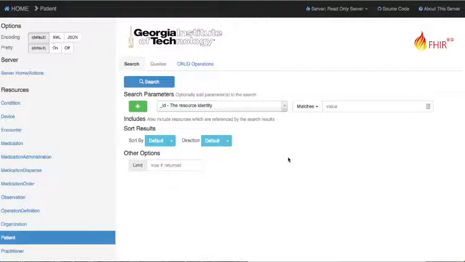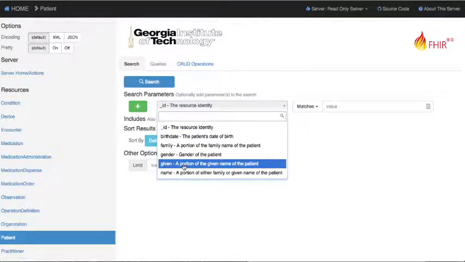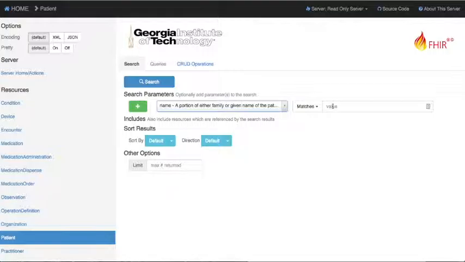So let's talk about three resources, taking Marla Dixon's information, and then we'll go through other resources for patient Marla Dixon. So I'll be covering more about the resources patient, condition, medication order, and then we'll go through observations and encounter. So this is a GTFHIR web page. So I'm going to search for patient Marla Dixon. There, you can search by all these criteria: birthdate, family, gender, given name, or name which could be either first name or last name. So I'm searching for Marla